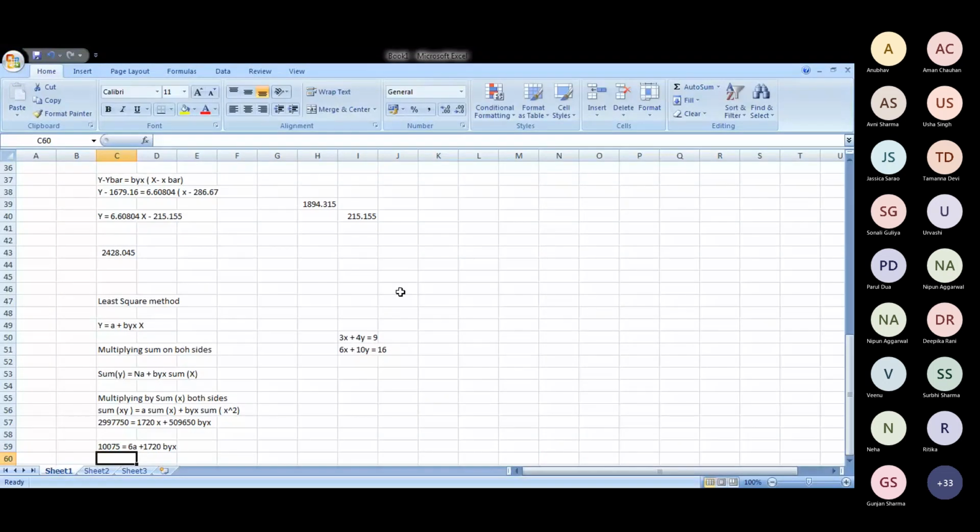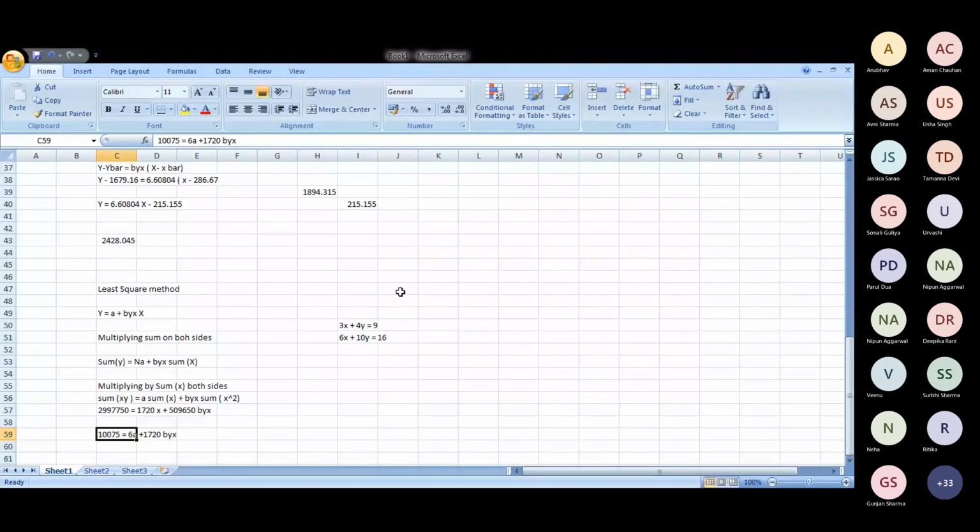So this is your first equation and this is your second equation. In this, 1720a is there, not x. Summation of x is 1720 into a is there. So this is not x, this is a. So now here we have two variables only, a and byx. So here you can find out by elimination. So we can make this 1720 like 6 to 1720, and then we can subtract to find the values of